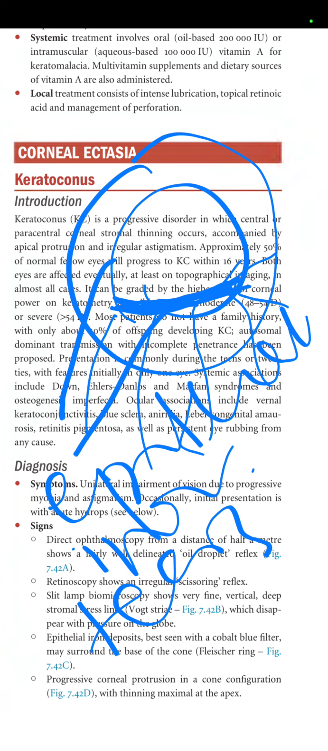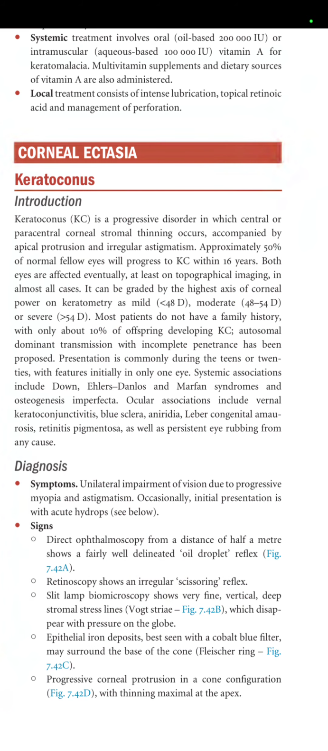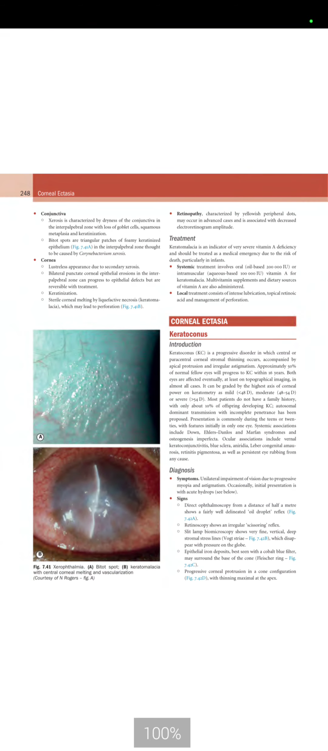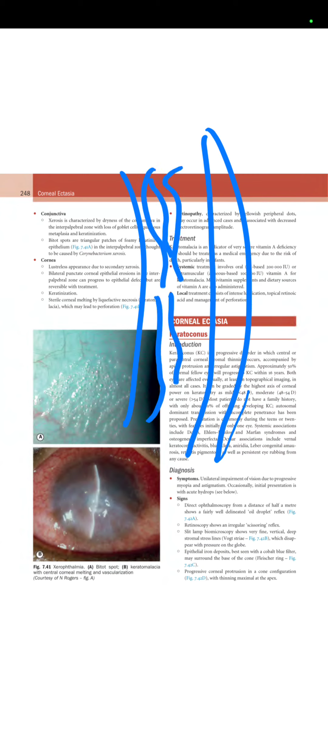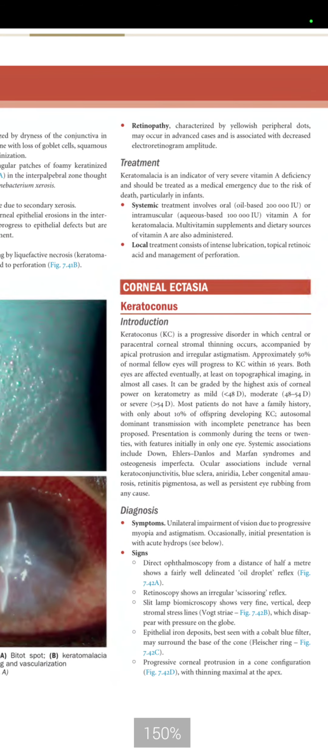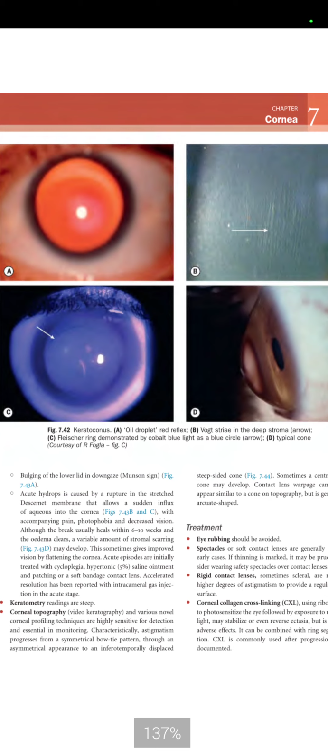And another very important sign is on retinoscopy, you can see the scissoring reflex, and on slit lamp microscopy, you can see the stromal stress lines in the deep stroma and the Descemet membrane. So this is called Vogt striae. So you can see the figure